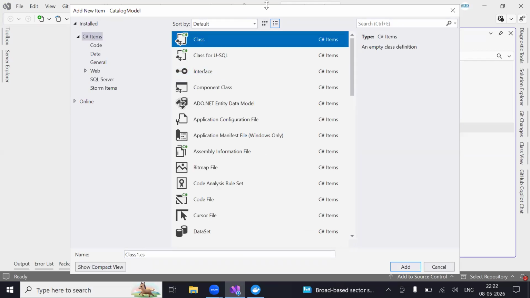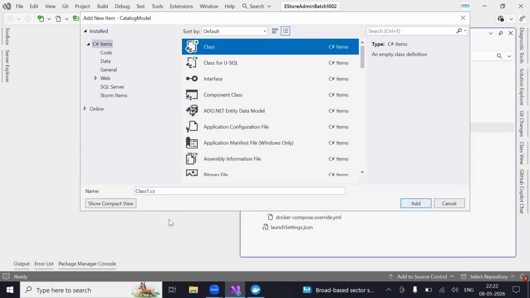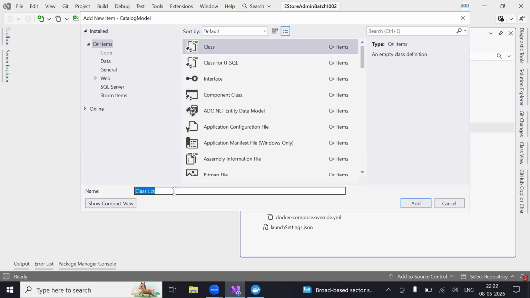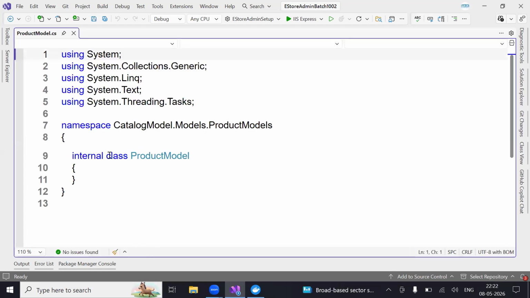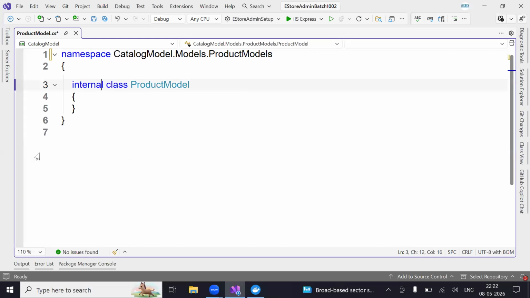I have to create a class with the name product model, right? Yeah. Product model is created. Yes. Now go here and try to use public. Now, the first thing is public